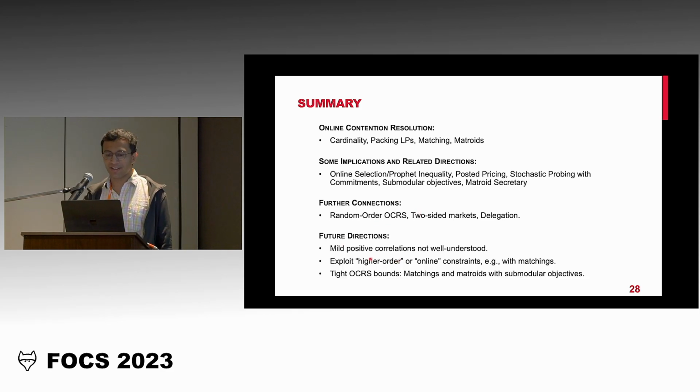For instance, as I mentioned, there are open questions on positive correlations. For general positive correlations, you cannot do much. But for mild positive correlations, again, I'm not formally defining what mild means, these things are not well understood. And they have implications such as the matroid secretary conjecture, which we can potentially resolve using this. This is the question. The second point is more about what Zi Huang was asking, that, okay, what if I